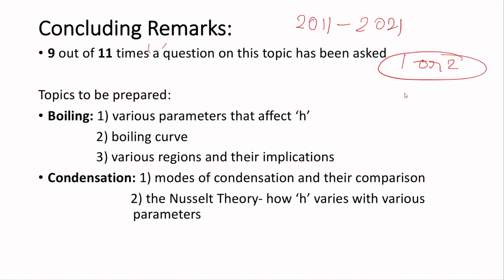Then you need to understand the boiling curve. Of those 9 questions, at least 2 or 3 were directly on the boiling curve, addressing various aspects of it. In the boiling curve, there are 4 regimes. You need to understand each regime and its implications, like why H is small in that particular area. What is happening over there? The bubbles are getting formed. The bubbles are now agglomerating. They are now moving towards film. As the number of bubbles increases, why is H decreasing, and so on and so forth. This pretty much covers your pool boiling experiment and boiling.